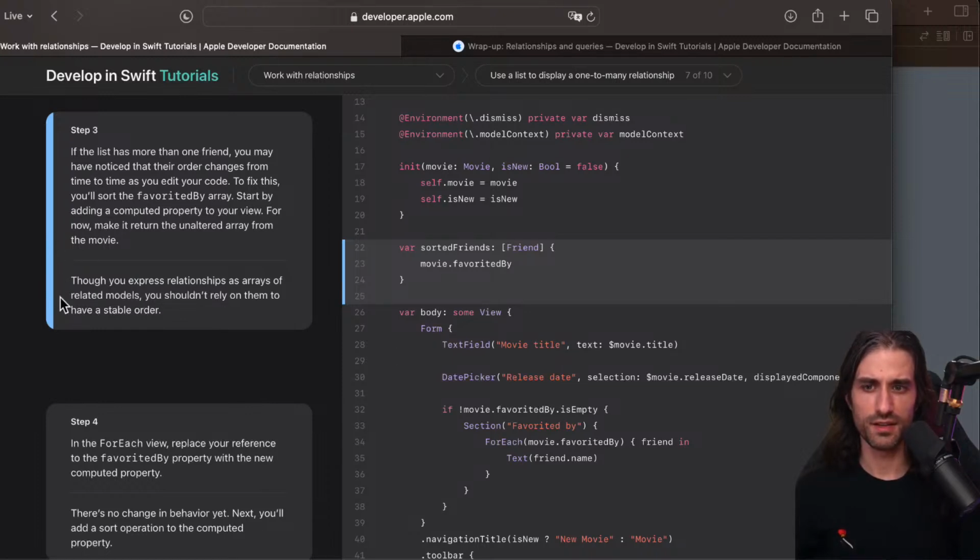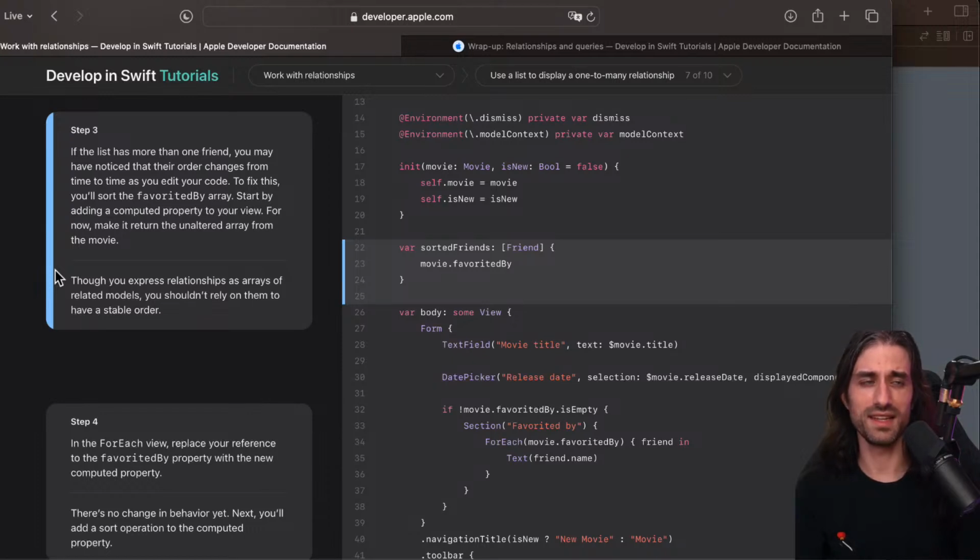I haven't read this. So, though you express relationships as arrays of related models, you shouldn't rely on them to have a stable order. If you did Core Data back in, I was about to say back in the days, but Core Data is still around and you can still use it. But in Core Data, for the inverse relationships or the many relationships, you wouldn't use an array, but rather an NSOrderedSet.